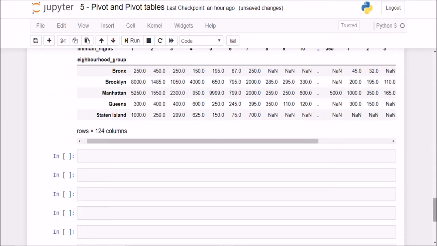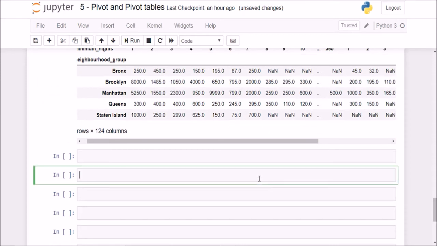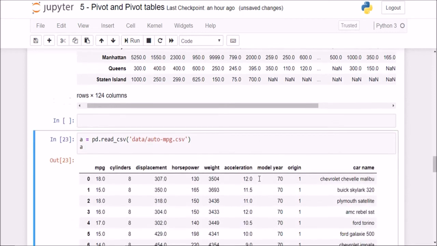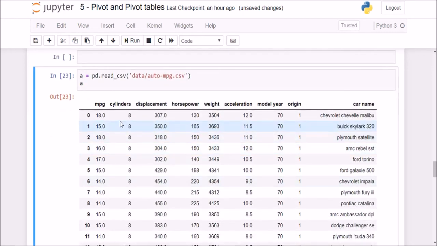So now just before we sign off, I would like to also give you another data frame, which is slash AutoMPG. Okay, so this is the data frame. As you can see here, this is a data frame of a few cars and the number of cylinders they have, the displacement, the horsepower of those cars, the weight, acceleration, model, what year the car model is from, and the origin.